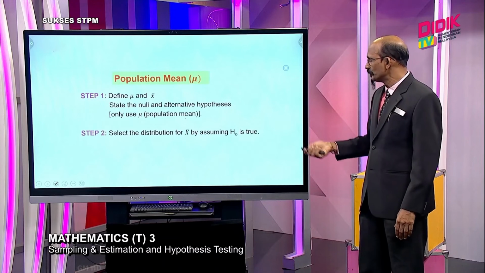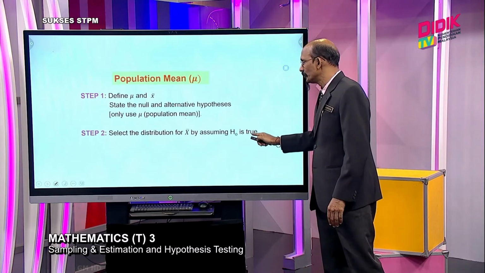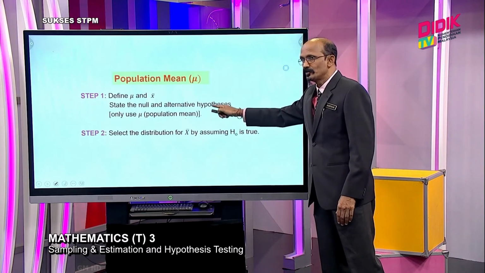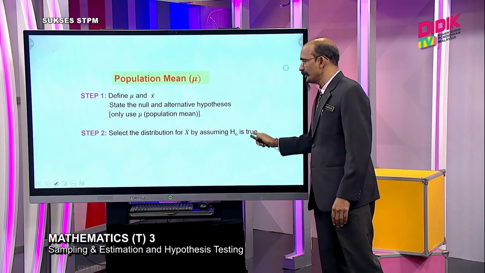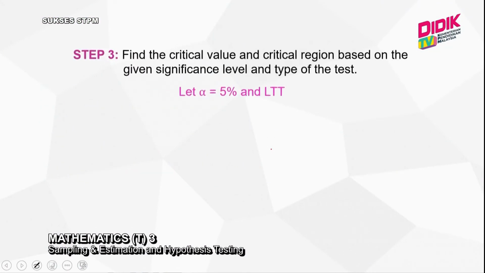In step 2, select the distribution by assuming H0 is true. This is our H0 and H1, but here we assume the H0 to be true. Then in step 3, we need to find the critical value and critical region, based on the significance level and